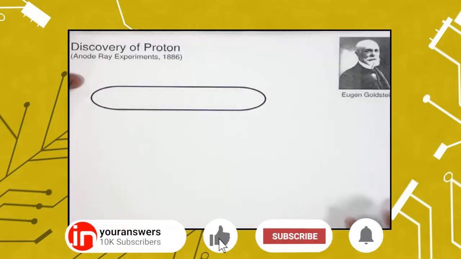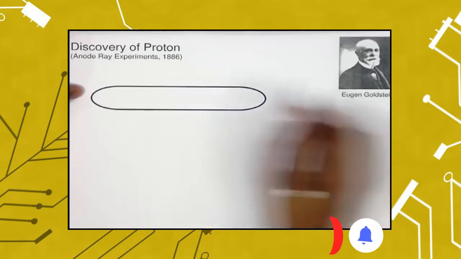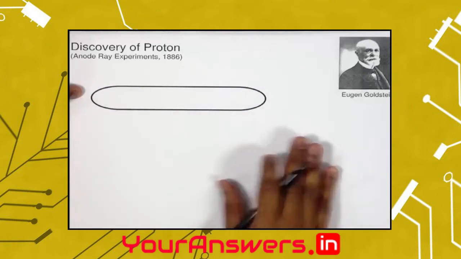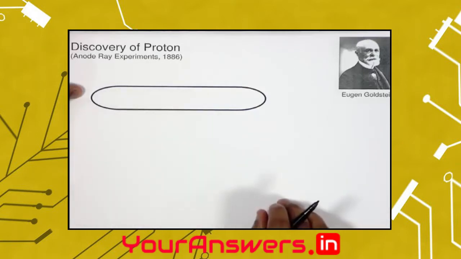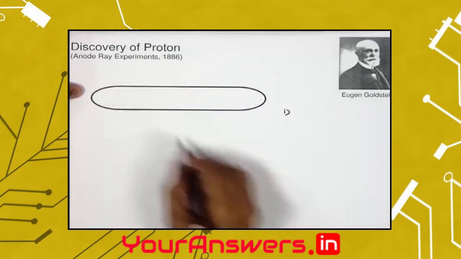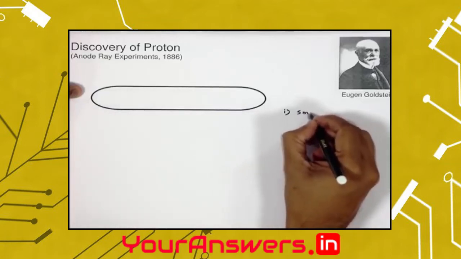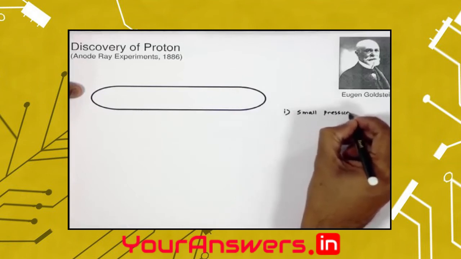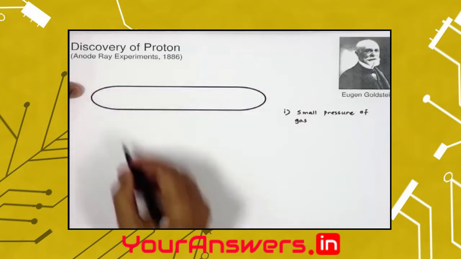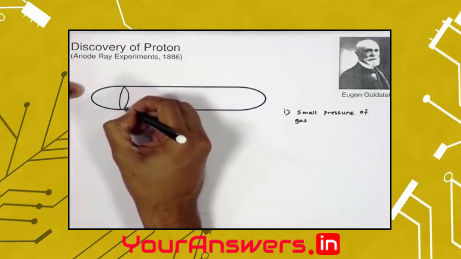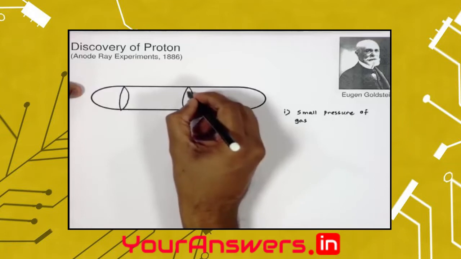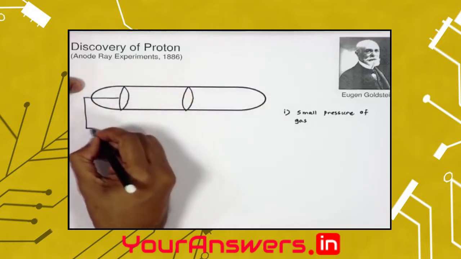That was answered by the German physicist Eugen Goldstein from his series of anode ray experiments. These experiments are very similar to the cathode ray tube experiments with 2 important changes. First of all, he took a glass tube as it was in the cathode ray tube. One important change is that it was not completely evacuated, rather a small pressure of gas was maintained in the glass tube. Of course, these tubes were fixed with 2 electrodes, and they were connected to